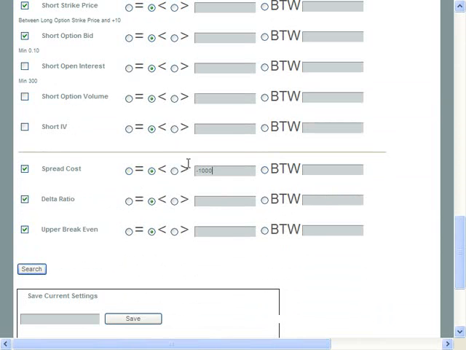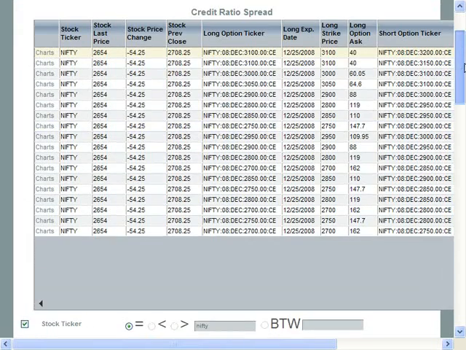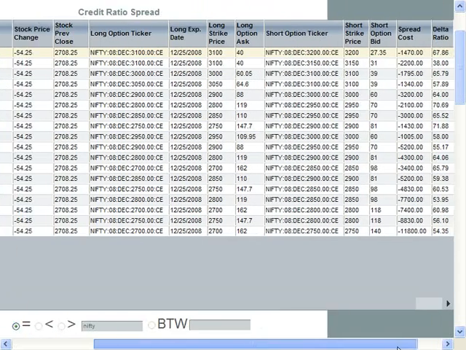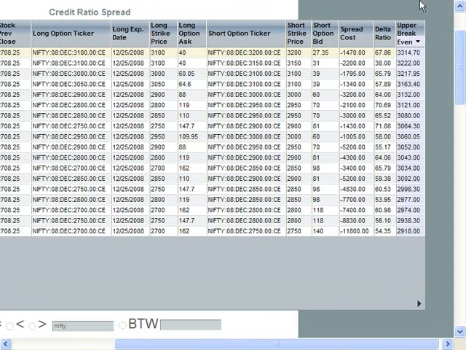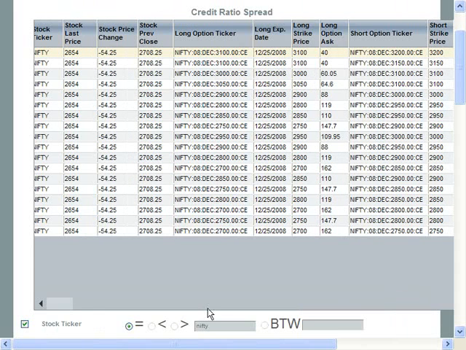So for that I set the spread cost to be less than negative 1,000. I search for that. I receive a few records now, and I see the upper break even, so it remembers the sorting order, and it shows me the first record has a spread cost of negative 1470, meaning I receive a credit of 1,470, and the upper break even is 3,314. So let me jump to the chart,